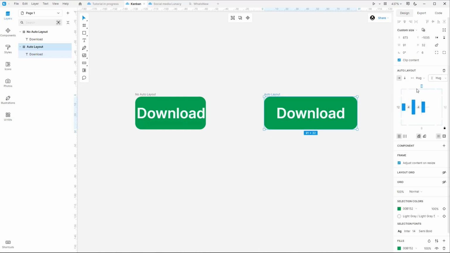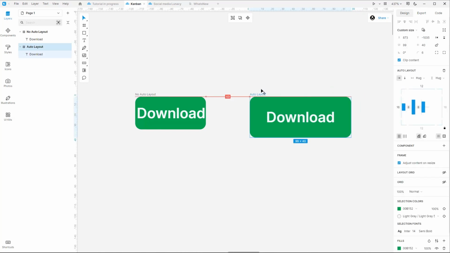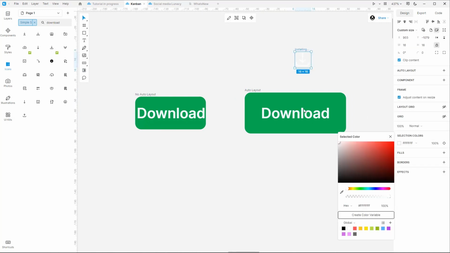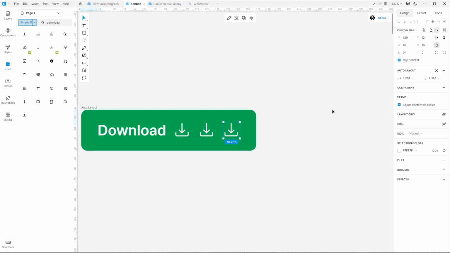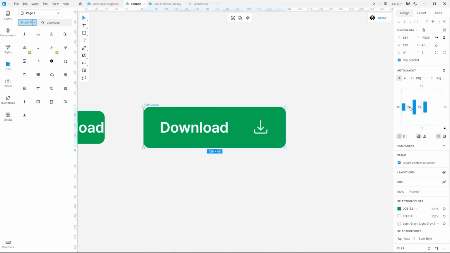Pretty handy, right? Set the padding once, and it will stay the same no matter how many more elements you add to the frame. You can also tweak the distance between elements so that it remains unchanged no matter what you do. You can only apply auto layout to frames, and you can nest an auto layout frame into another parent frame to create more complex designs.